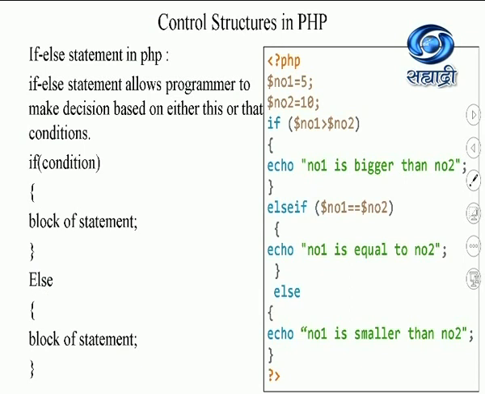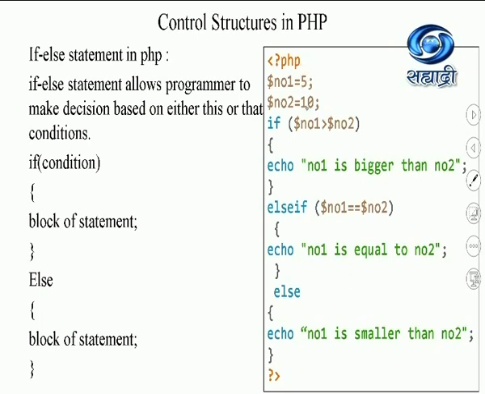Now, this is a simple program which I wrote by using else if. So observe this else if also. If you want to check the second condition, I can write this else if like this. I have assigned values to two numbers. For number 1, I have assigned the value 5. For number 2, I have assigned the value 10. I am comparing these two numbers. So if I change these values, it is going to change the output over here.